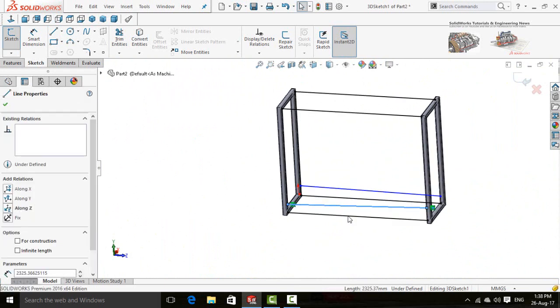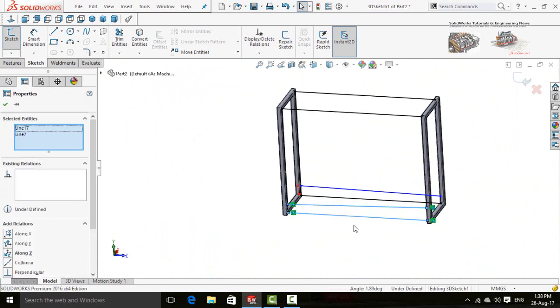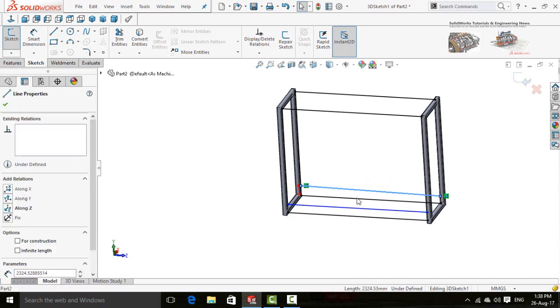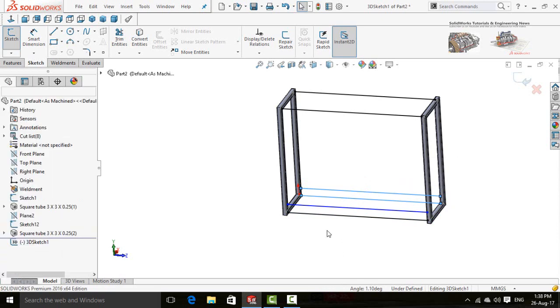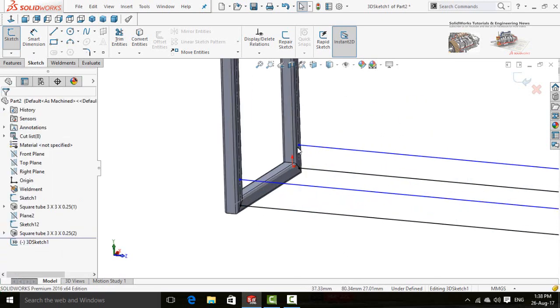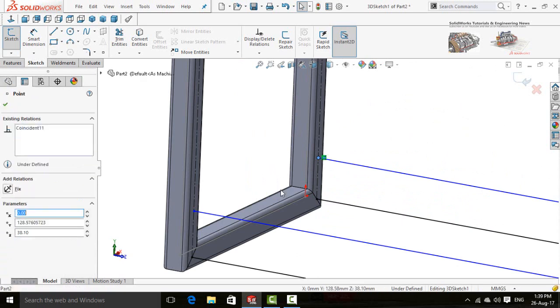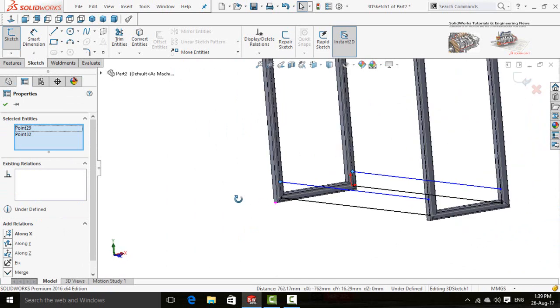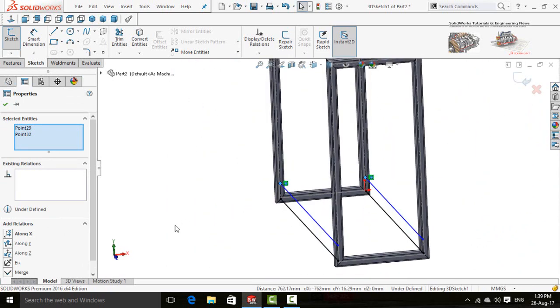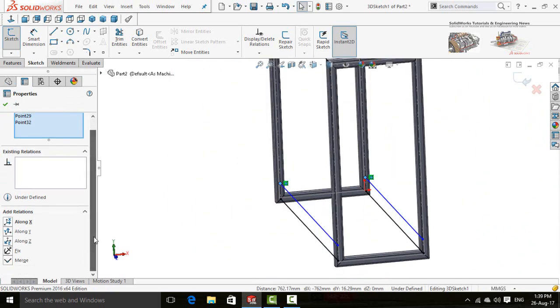Press and hold Control key and select both of these lines and release the Control key, then make relation parallel. Similarly, for this line, make relation parallel. Press and hold Control key again and select both of these points and release the Control key. Now in the left side, see x-axis.